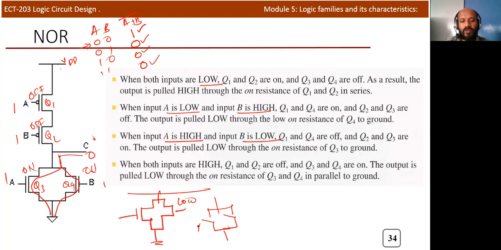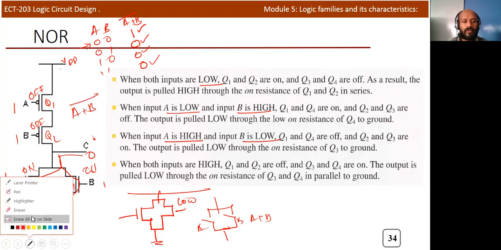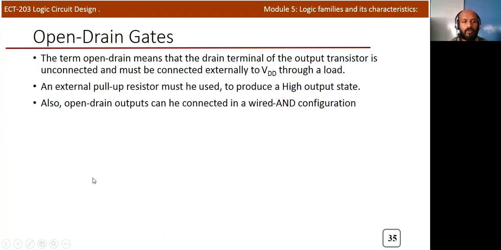So this is equal to the OR operation, A plus B. This logic is A plus B, but this is a CMOS logic, so we can put it as (A plus B) the whole part. That is an OR operation. I think the working of NOR is clear now. Now we'll move to some advanced configurations of this CMOS.